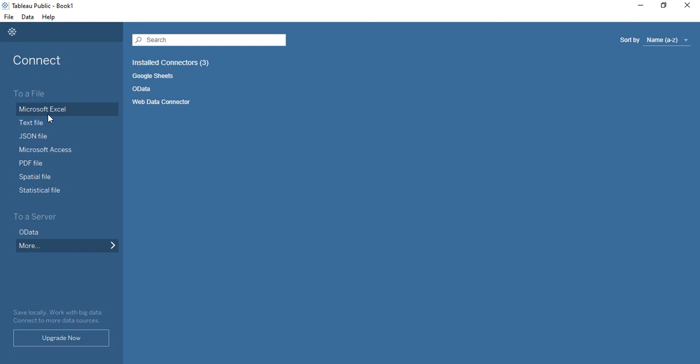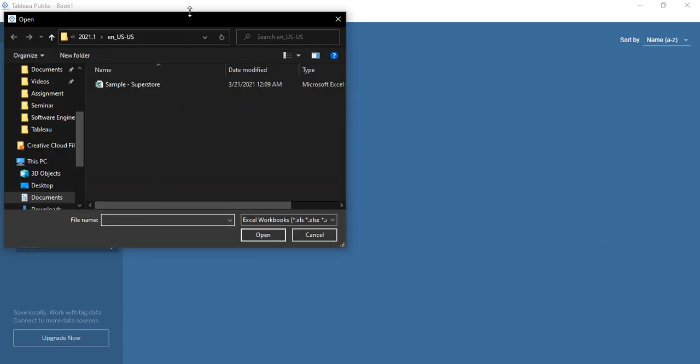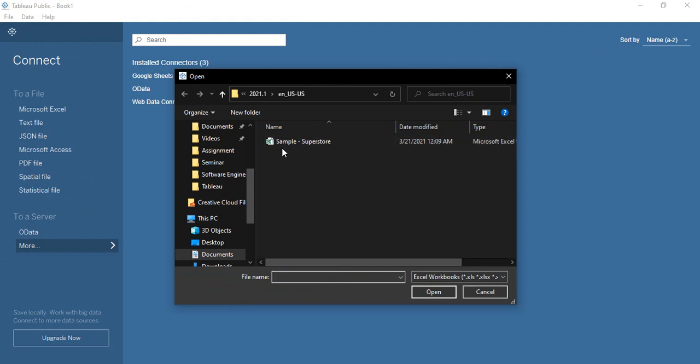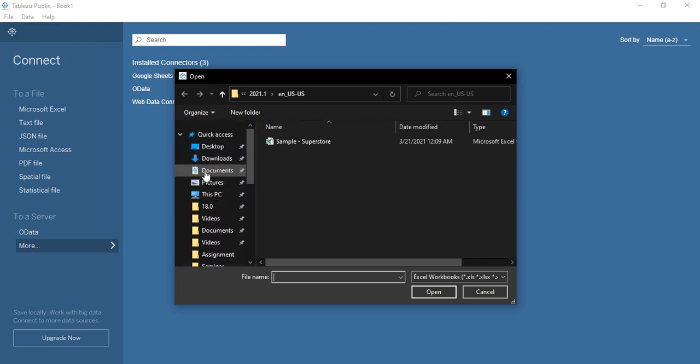It's a full-fledged data. Okay, so we can just go to Microsoft Excel, because that's the format in which it is available, and you see this sample superstore file. This is the actual file that is available in the Tableau repository. In case you're wondering how to access that, what you need to do is scroll to this documents folder, the built-in documents folder of your PC,